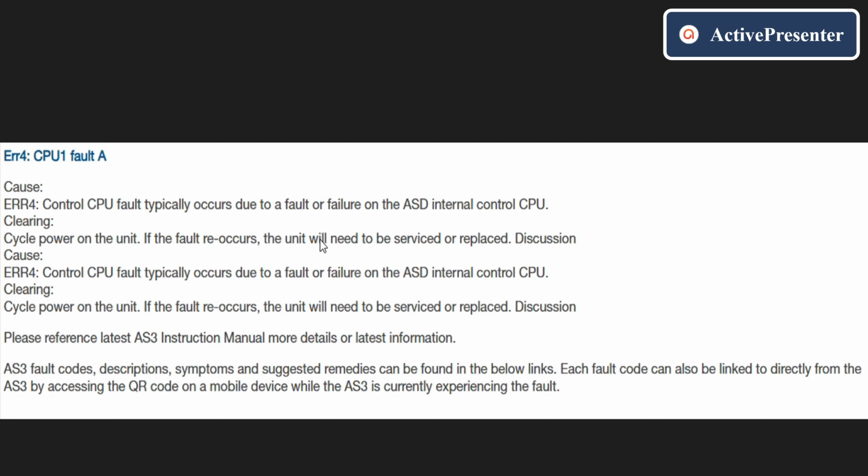What you can do is recycle your power to restart your VFD. If it is still the same, then you need to repair your VFD, or purchase a new VFD. Maybe the major chance is to purchase, because normally if the CPU is faulty, the control card is damaged. So it may be possible to replace only the control card,